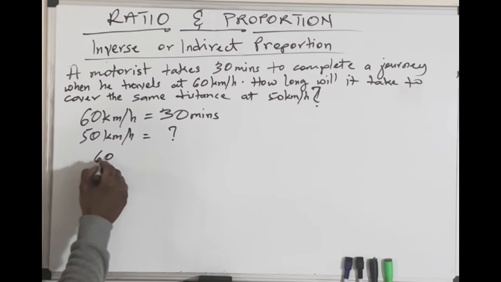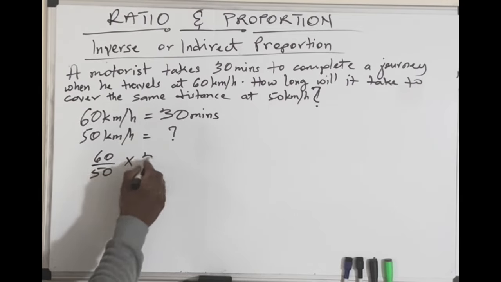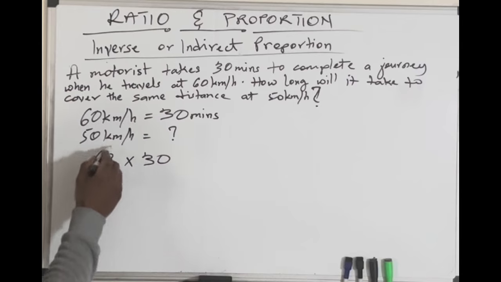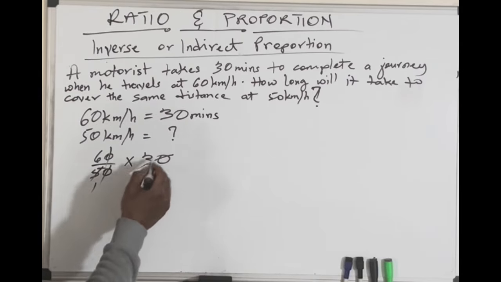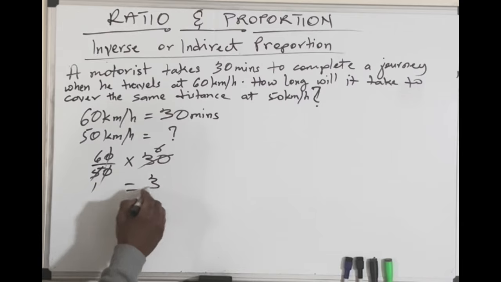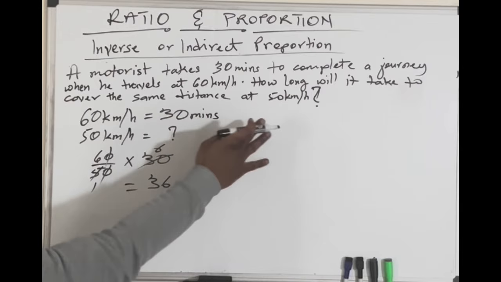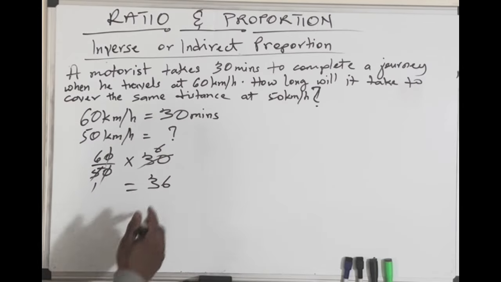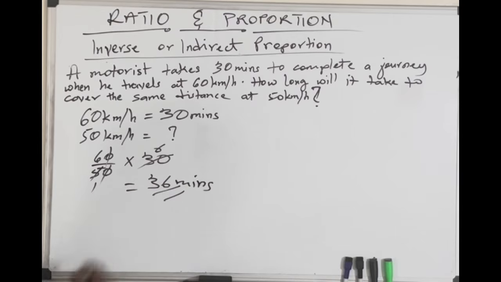So it will be 60 over 50 times the 30. Okay, so the 0, 5 goes here, 1 goes into 36, 36. So how long will it take to cover the same distance at 50 kilometers per hour? 36 minutes. Okay,